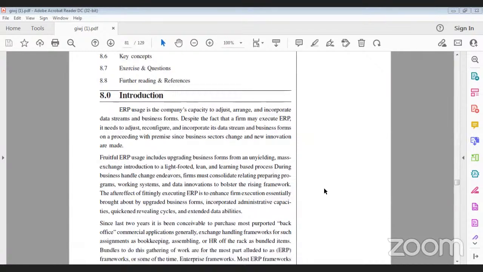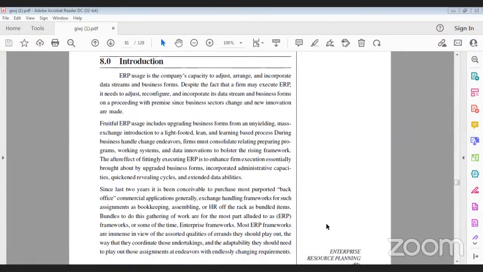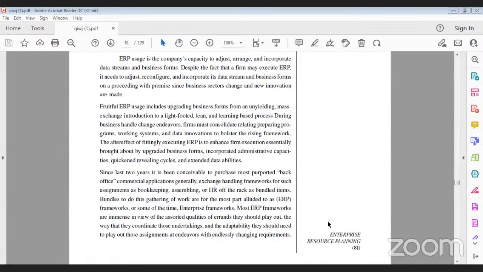In the last two years, it has become possible to purchase most so-called back office commercial applications, generally transaction processing systems for tasks such as accounting, manufacturing or HR, as off-the-shelf packaged software products. Packages to do this group of work are most of the time part of the allocated ERP framework. Enterprise systems, most ERP systems, are immense in view of the asserted